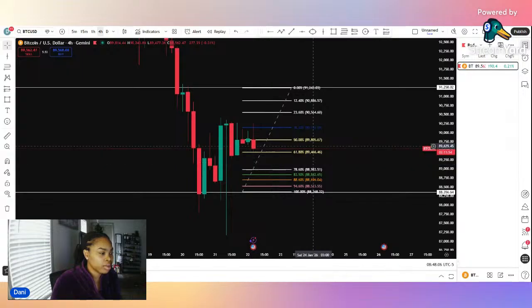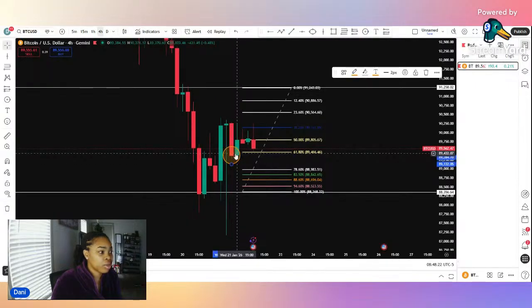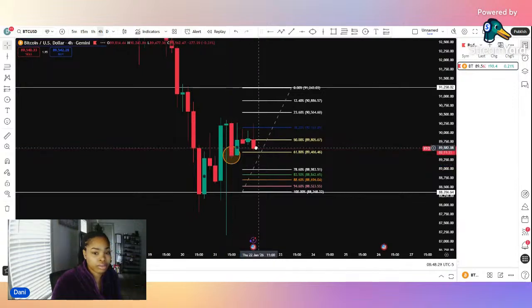I don't want to hear anybody say that I'm doing what people do. I'm not. But as we can see here, price is getting stopped up. And we do have a higher low being formed. This is a lower low. This is a higher low compared to this low. So you can at the very least buy up to here, to your 382 zone on this fib.